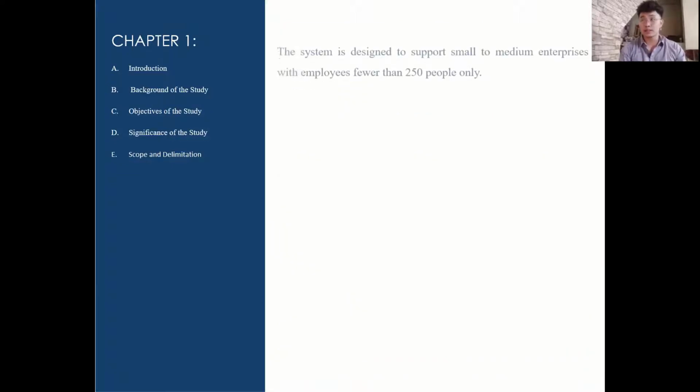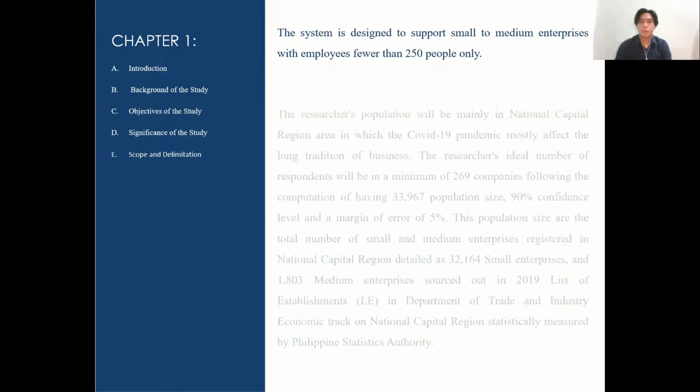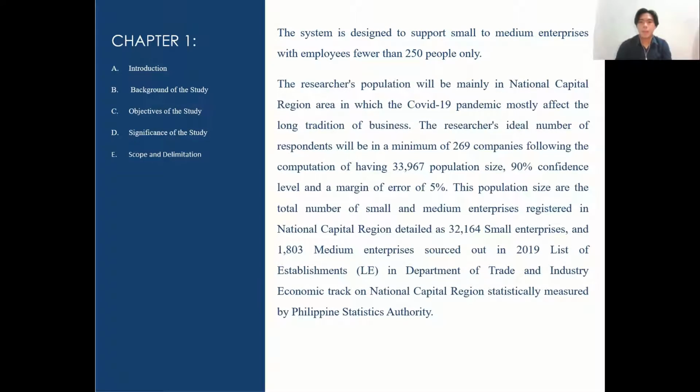The system is designed to support small to medium enterprises with fewer than 250 employees only. The researchers' population will be mainly in the National Capital Region area, in which the COVID-19 pandemic mostly affected the long tradition of business. The researchers' ideal number of respondents will be a minimum of 269 companies, following the computation of